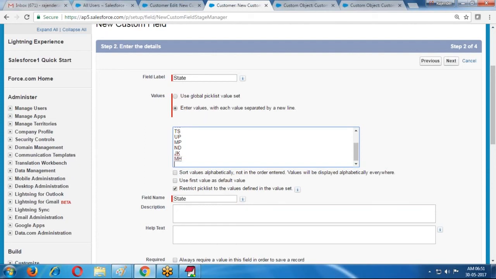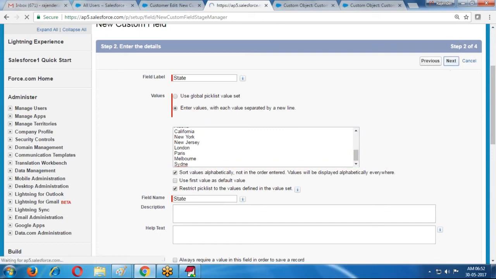Maharashtra, Alaska, California, New York, New Jersey, London, Paris, Melbourne, like this.